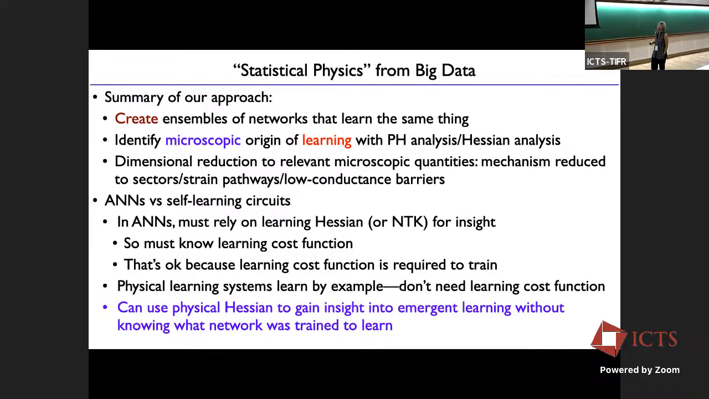We've identified what's important, which are these low conductance barriers. That's the key. And so that's the dimensional reduction, that we took all of this information. We said, what's important are these low conductance barriers and how the system sets those up. Okay, so